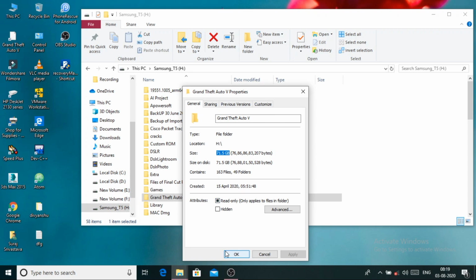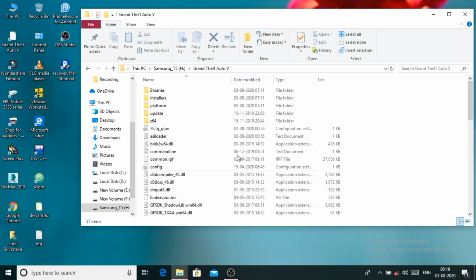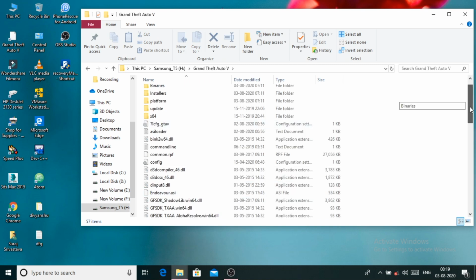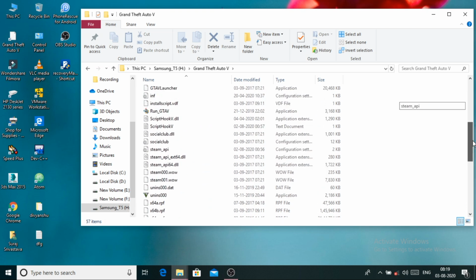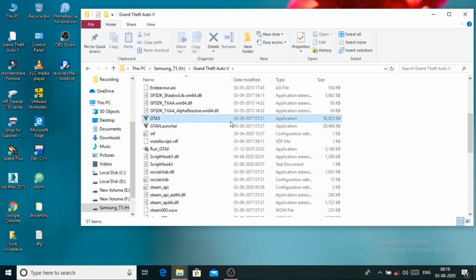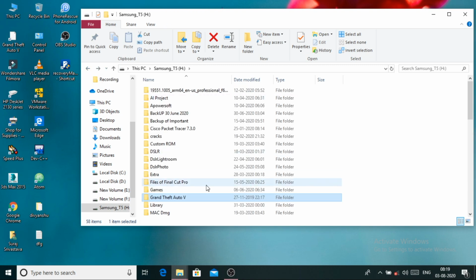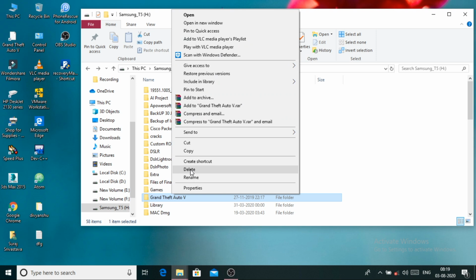Now let's click OK and let me open it and just make sure that this is the GTA 5 game that I'm going to delete. Here you can see the GTA 5 launcher, and it is the run GTA 5. Basically this is the cracked version of GTA 5 and its size is around 24 GB. Now let's try this, and I'm going to delete it without having any backup of this game. I'm just going to trust this software, whether it works or not. So let's find out in this video.